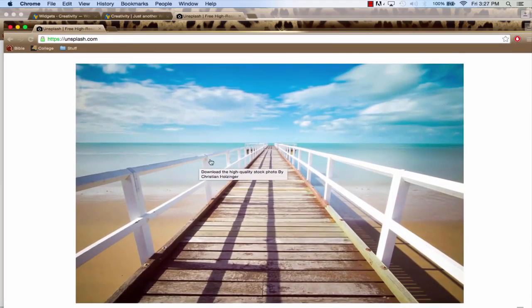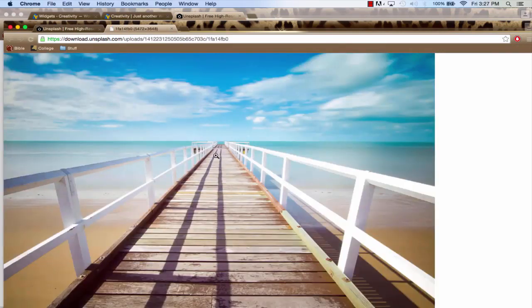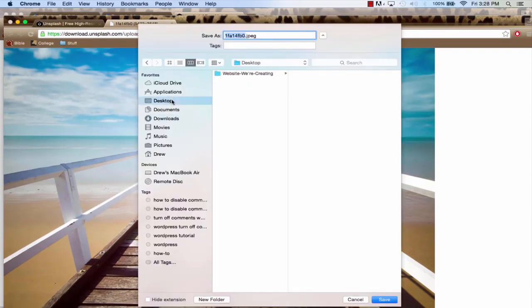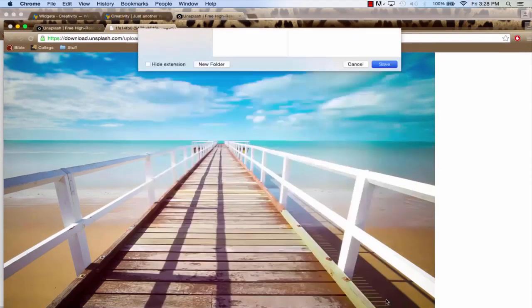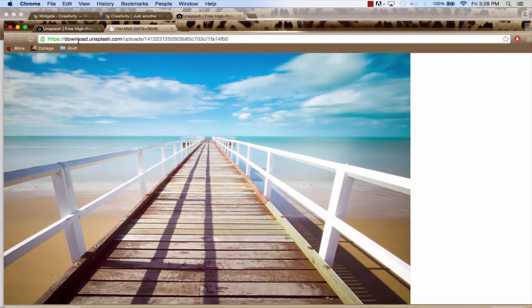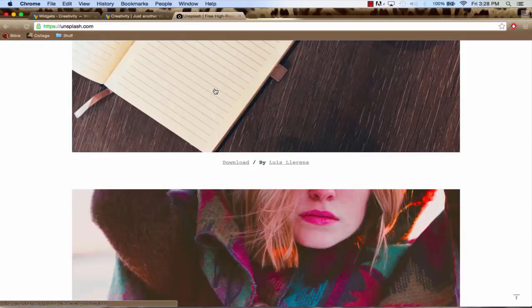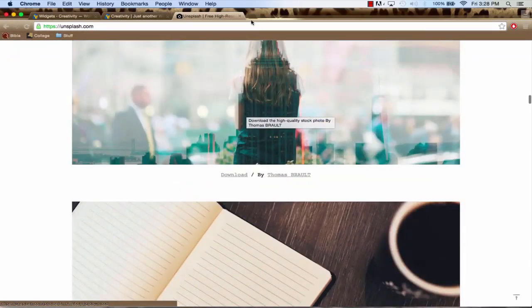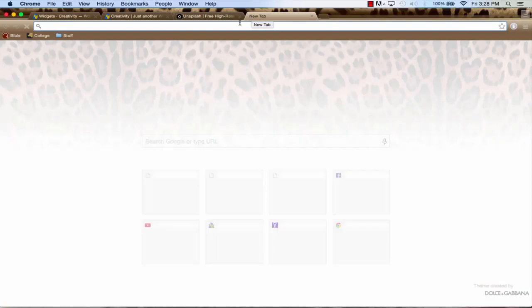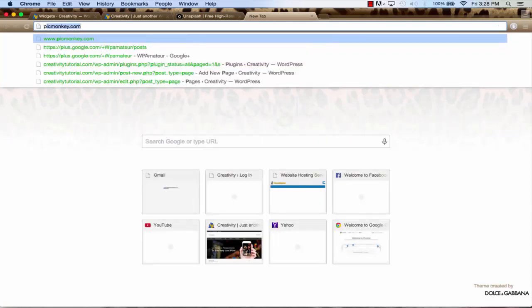So once you find the image that you want, simply click it, and once it opens up in a new window, you can right click and save image as, and then just save it to wherever you want. After it's saved, I'm going to close out here, and after you find an image, you go to PicMonkey,